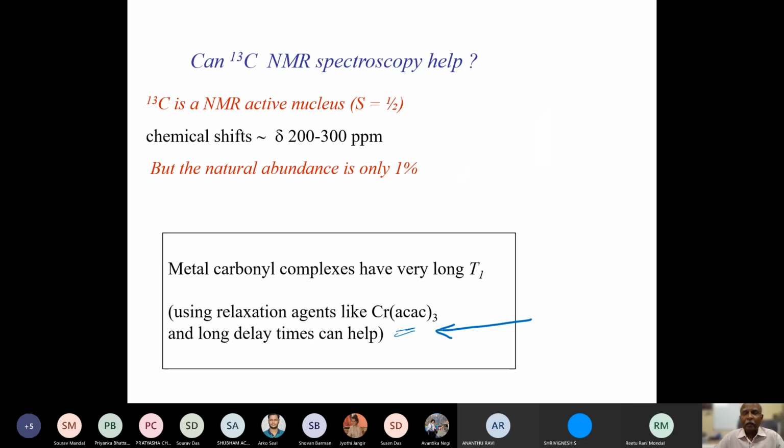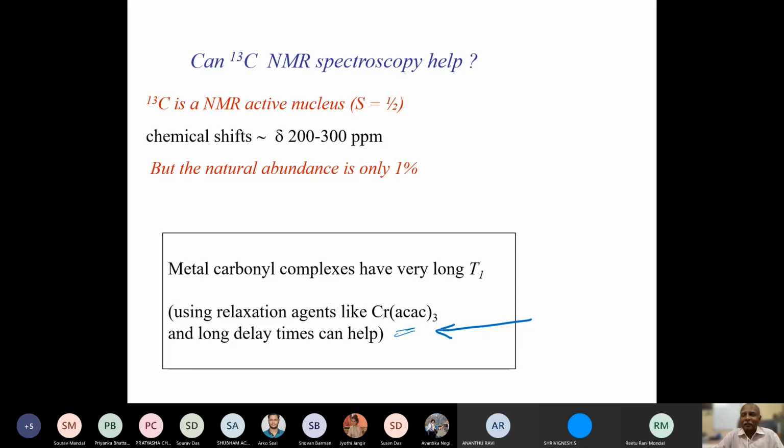So this is just to tell you that carbon monoxide complexes are well characterized by infrared spectroscopy fairly easily, and that's another reason why they're very popular with organometallic chemists. If I want to detect a carbon monoxide intermediate, a metal carbonyl intermediate, I can use infrared spectroscopy. Now, unfortunately, NMR is very unfriendly in the case of metal carbonyl complexes.